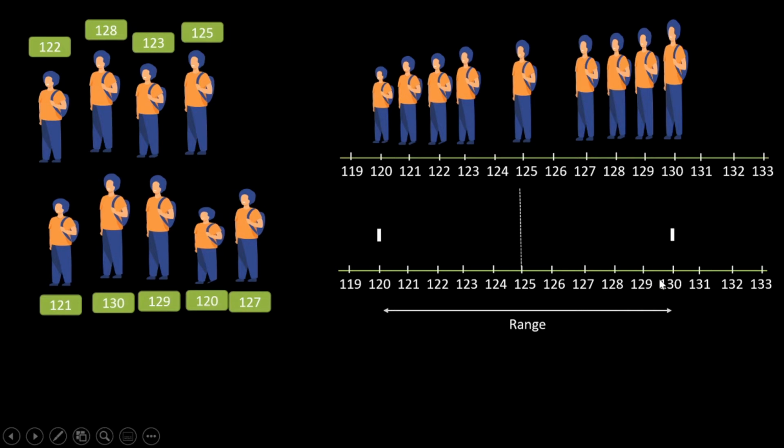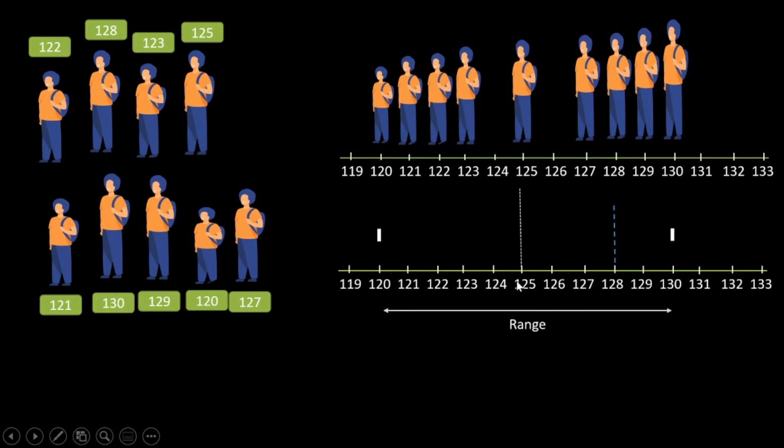Now let's go to the right hand side of this median. We have 5 students starting from 125 to 130. The median will lie on the third boy, which is 128. So let's create a line at 128. So this is the median between the total population median and the highest value.